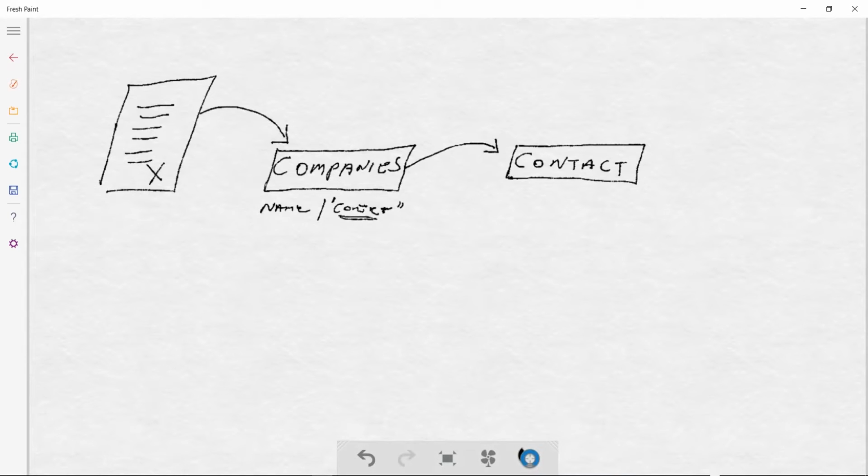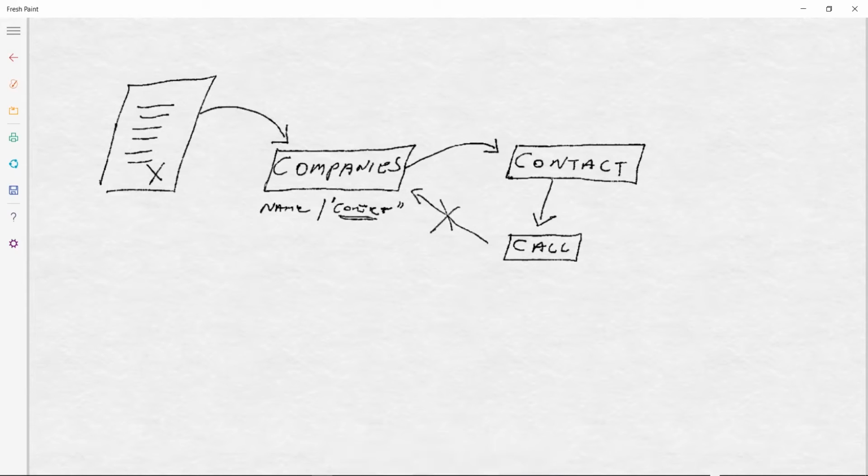When you create that contact and you're ready to make your call, your next step is to make the call to the prospect through the contact. You cannot, and this is very important, you cannot make a call to a company. This does not exist. You have to make those calls through the contact itself. If you don't see the call option, you're most likely in the company section. You have to be under a contact in order to make that call.